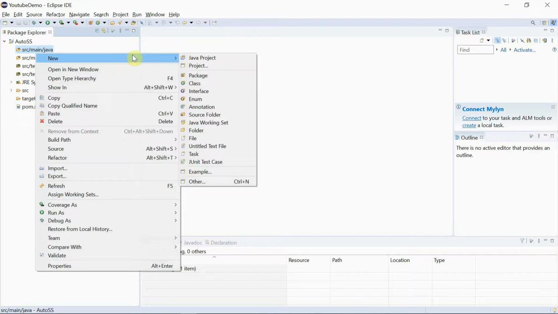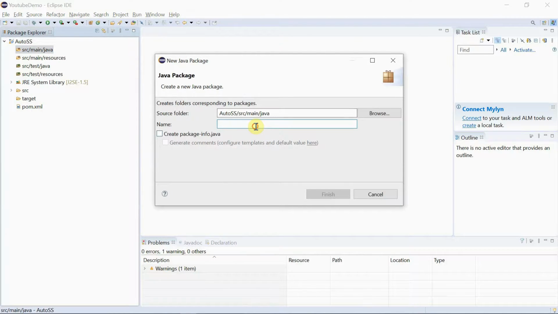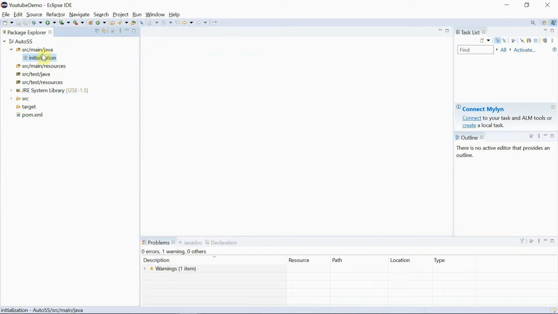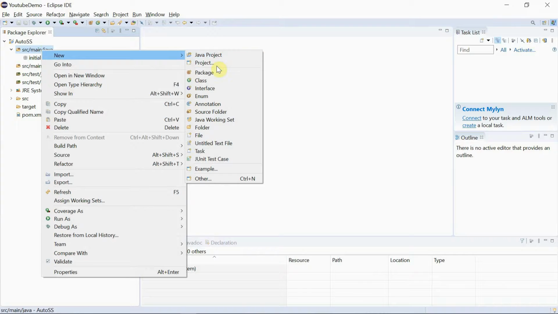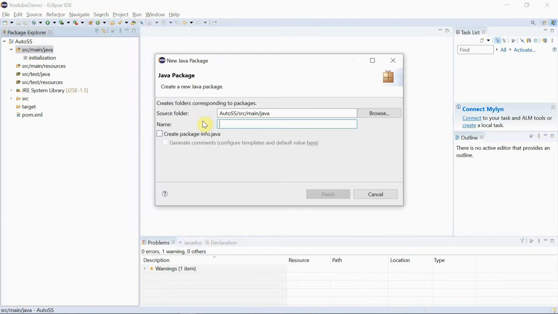For that, I'll be creating one package here. So here you can go and create one package. I'll give the package name as initialization. This is my first package where we'll be keeping some classes. I'll create another package here. I'll give it as utilities.